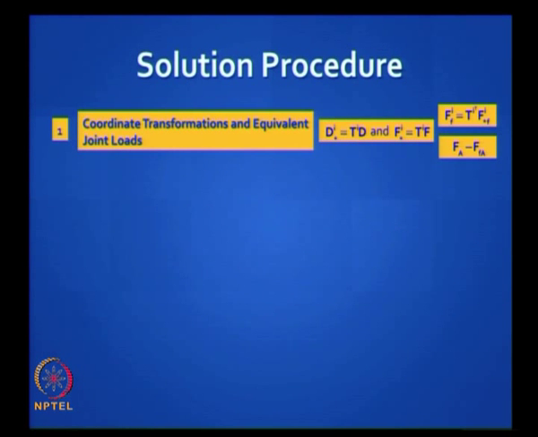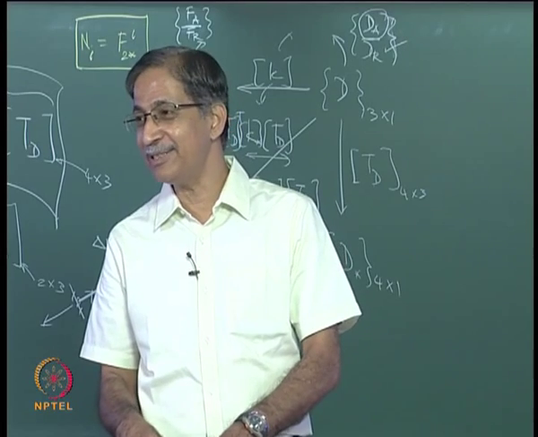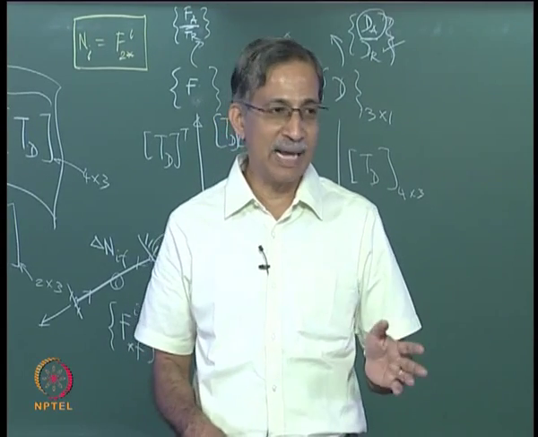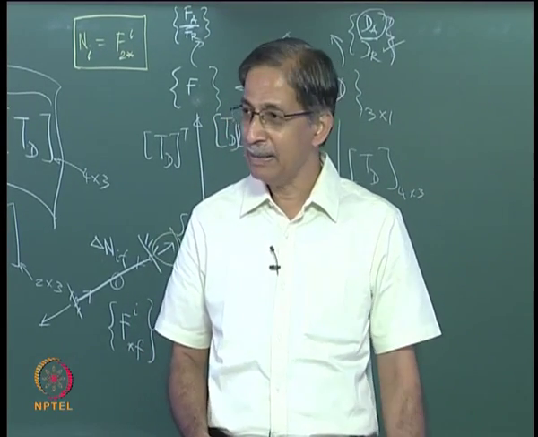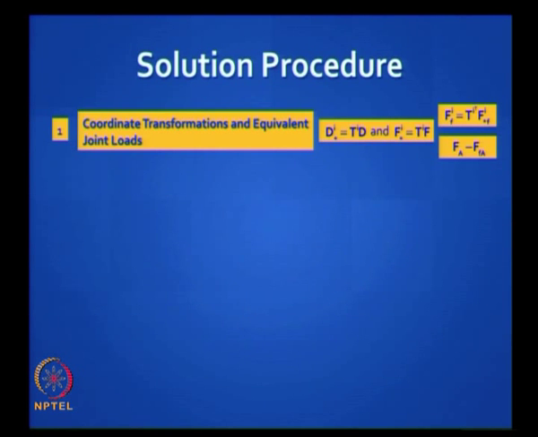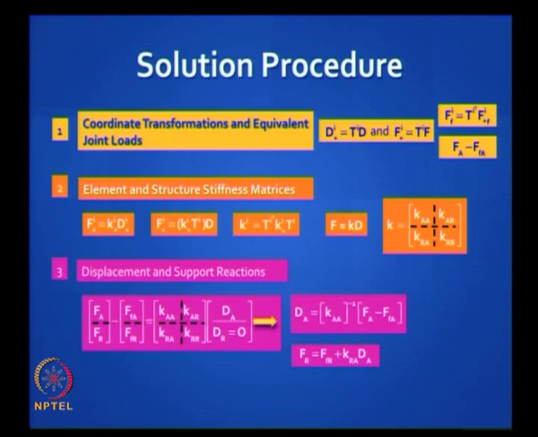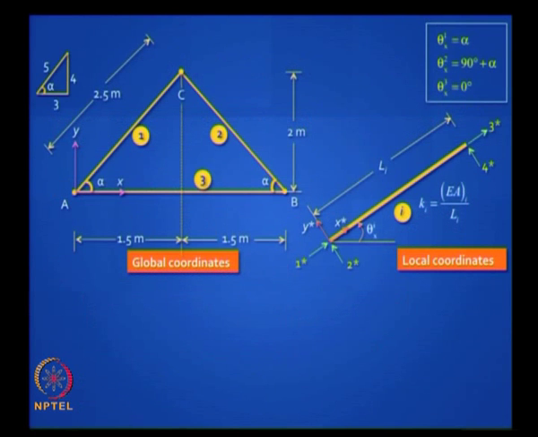The advantage of trusses is you do not get fixed end forces caused by direct actions, you will get them only caused by temperature changes or lack of fit. Okay, so it is simpler. What is the next step? Yeah, you generate your stiffness matrices at the element level, at the structure level. What is your third step? Apply the same equation, so you will find that there is not much room for innovation here, you are just playing around with the same set of equations and find the bar forces. Is it clear? And you have the option of using either the TD or TI.